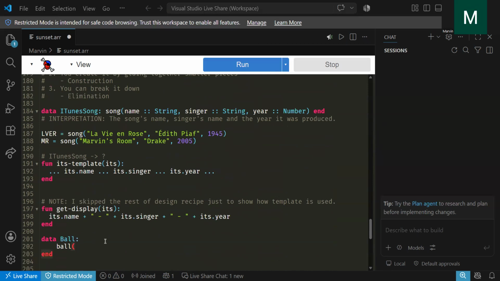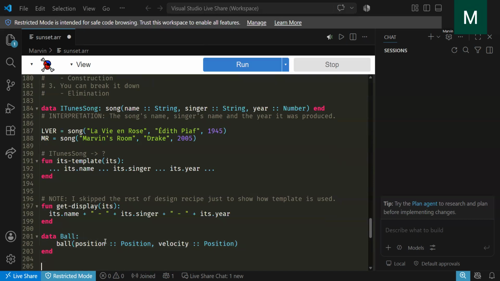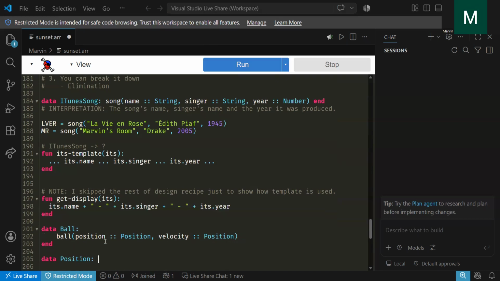It's going to have two things. It has a position, and then it's going to have a velocity. This is very, very standard in game development. Then I define a position. I'm just going to do it all in one line. It's easier. So position has an X,